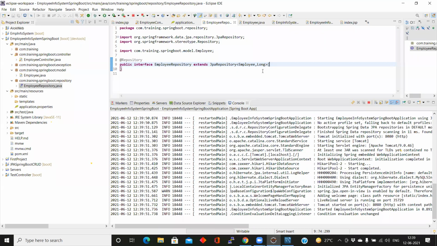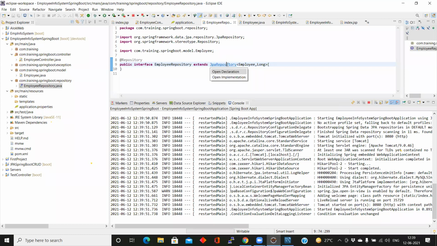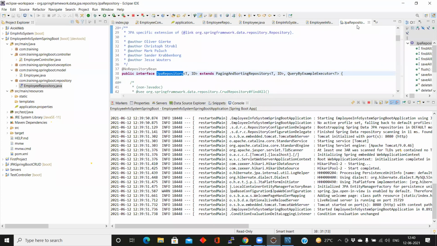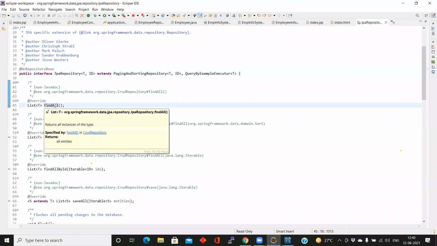If you just want to learn, I'm clicking here on JpaRepository. What is JpaRepository? It is inbuilt. Expand it. JpaRepository has multiple methods for which we are not required to write the code. Earlier, in normal JDBC, a normal application without Spring Boot, developers had to write this code. findAll fetches all values from the DB.